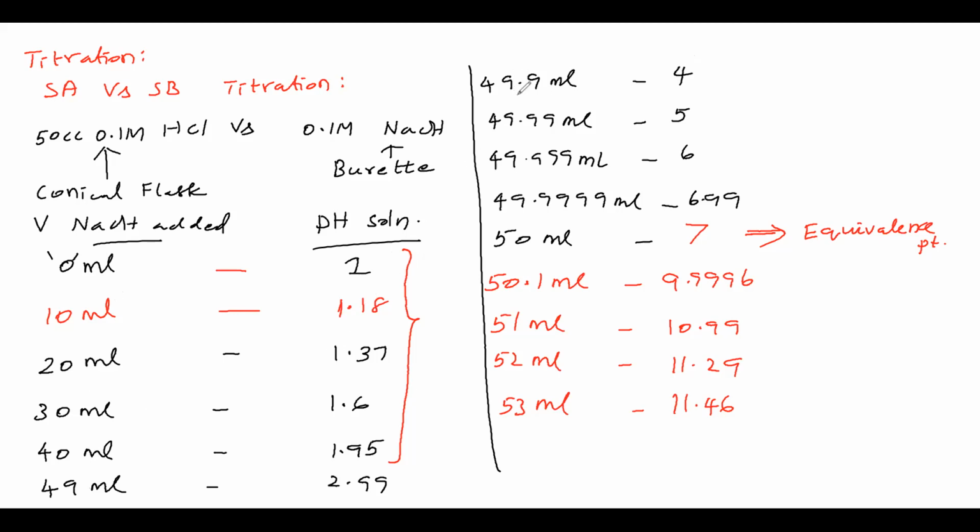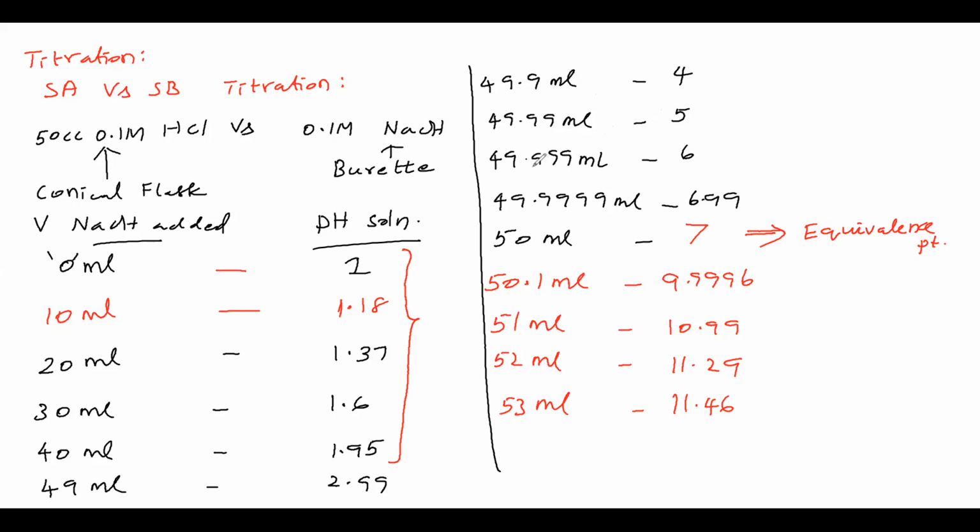Next you see, from this step to this step, how much are we adding? See, 0.09 ml we are adding. How much pH rise? 1. 0.09 ml means what? It is a 1/10 part of 1 ml. 1 ml itself is 2 drops, otherwise 3 drops. So in the 1/10 part of 1 ml, how many drops do you think? Will it be 1 drop? No, less than that. Yet the pH rise is 1.